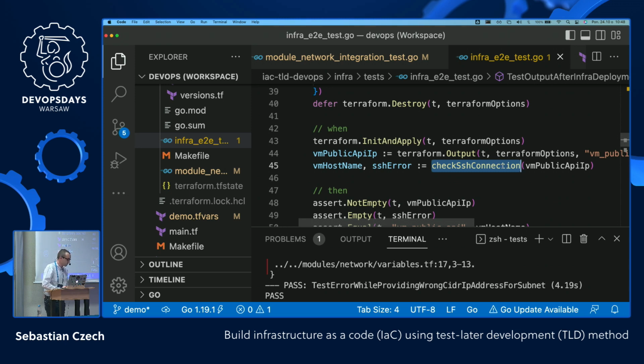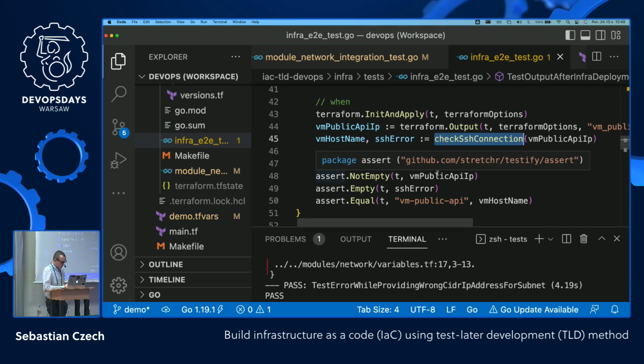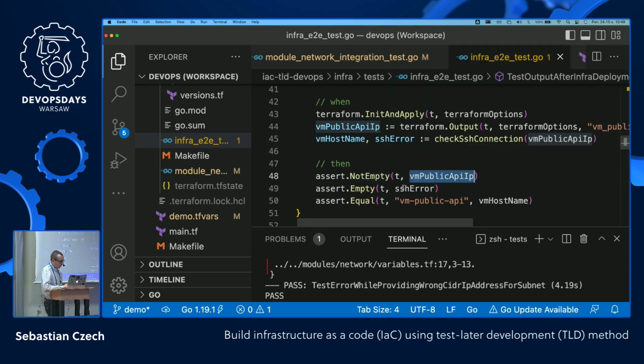For, I don't know, for example, if that machine, the whole environment, will be used by another team which will configure the application, provision the application using Ansible playbooks. So then that person needs SSH access to that virtual machine. So this is what we are testing from the end user perspective, what we need. And we have 3 assert expressions. We are checking if the IP address is not empty. We are checking if we have no error while connecting to SSH, and comparing the host name